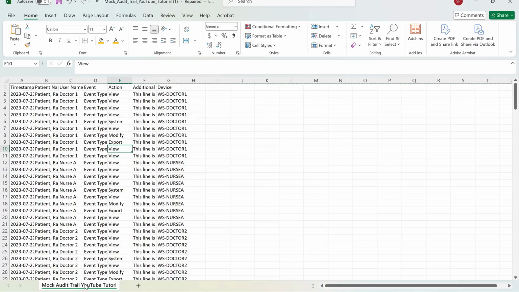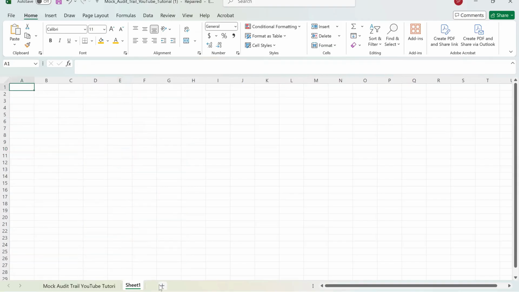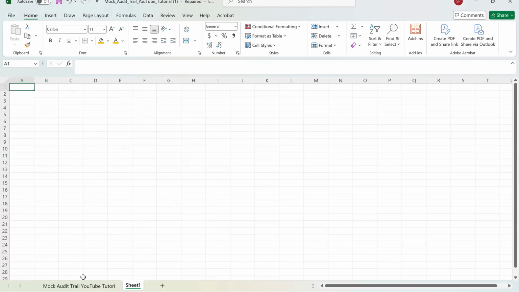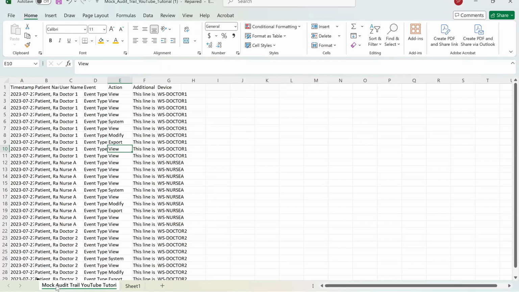Down here, each of these tabs is its own worksheet. The entire file is a workbook, and these are worksheets. If you click on this, you get new ones, and you can right click on them, you can delete them, you can rename them. All right, so going back up here,